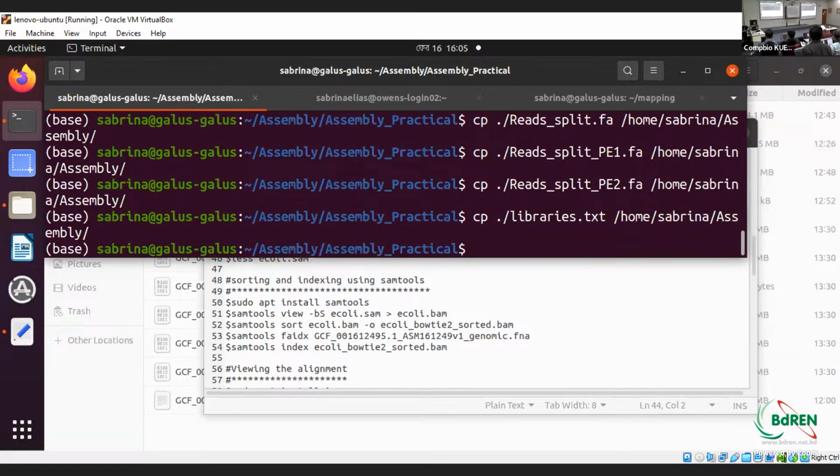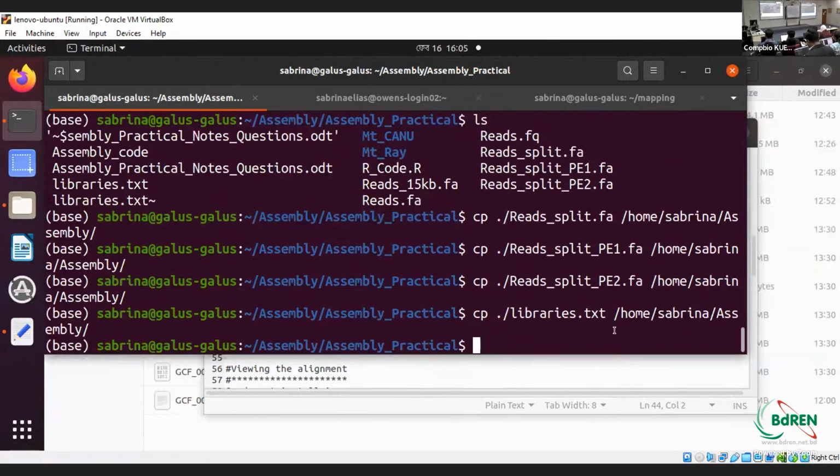So the specific files that I will need are only 4 files: the main split.fa file, the split PE1 and PE2, which are actually paired-end reads, and the library file. I copied these 4 files in the assembly folder that I generated